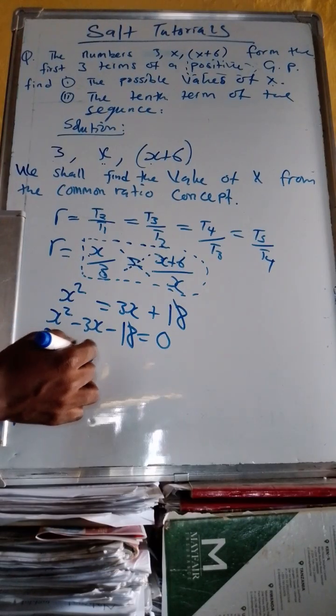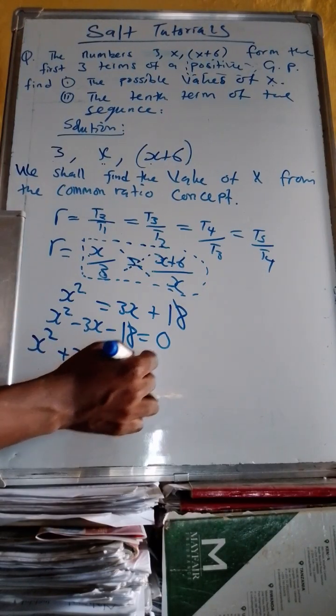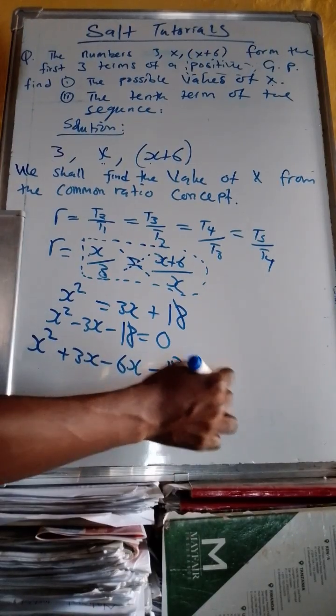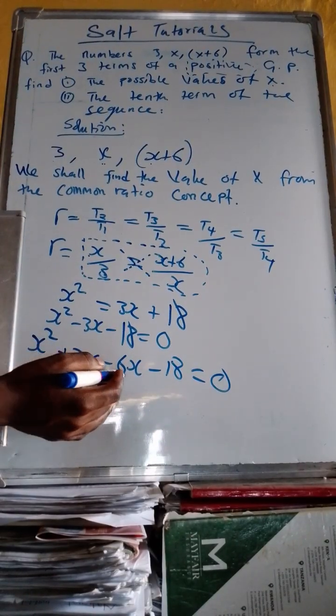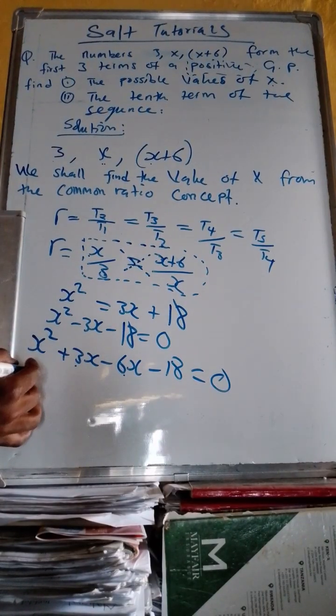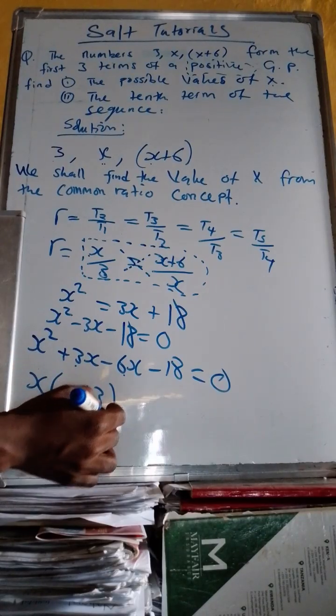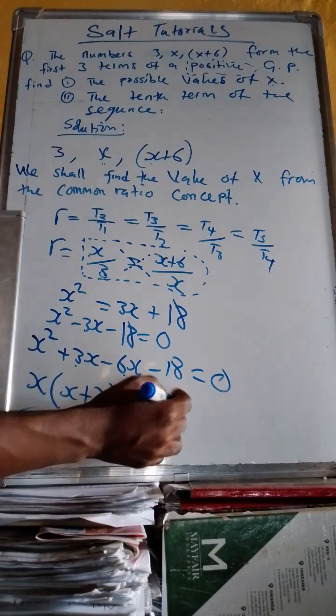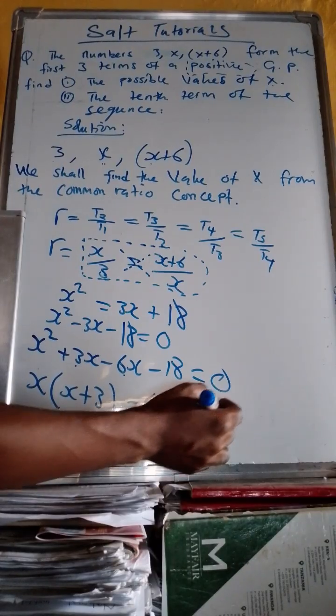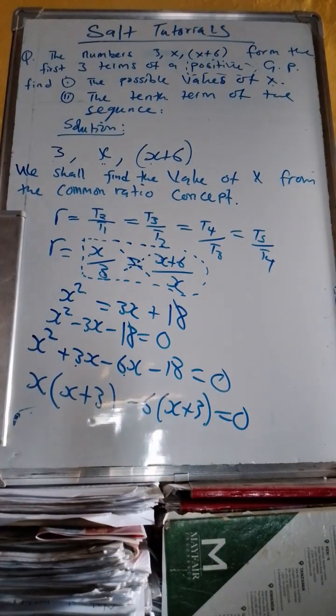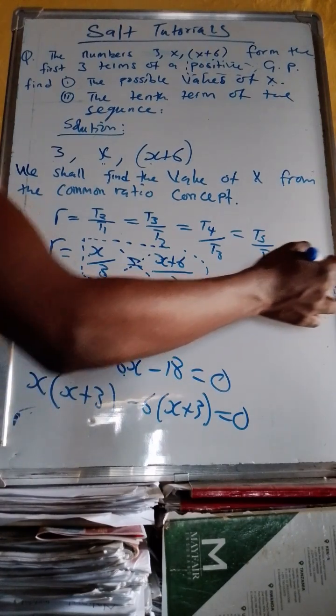positive 3x minus 6x minus 18 is equal to 0. The two numbers are 3 and negative 6. So that when you factor by pairs, x plus 3, close, negative 6, x plus 3, close, is equal to 0. So if I have something like that, it implies that,